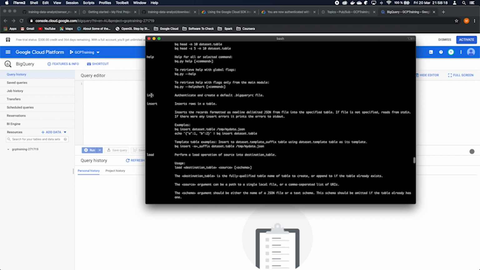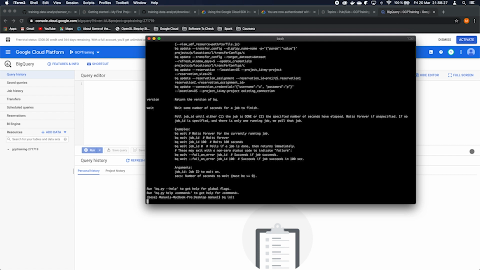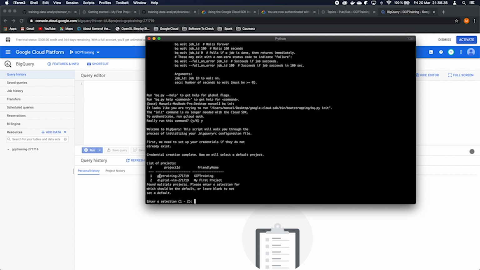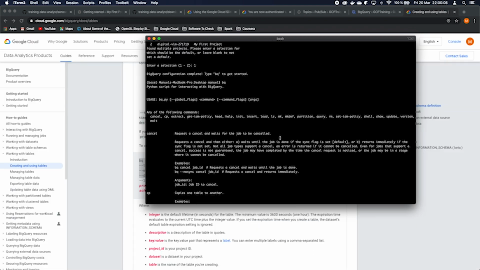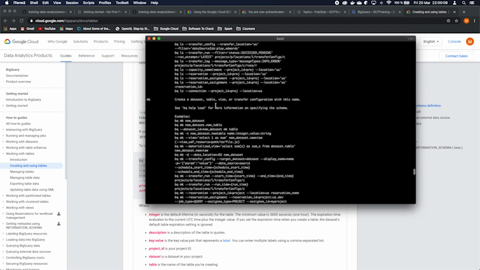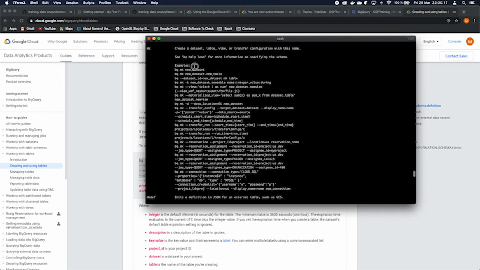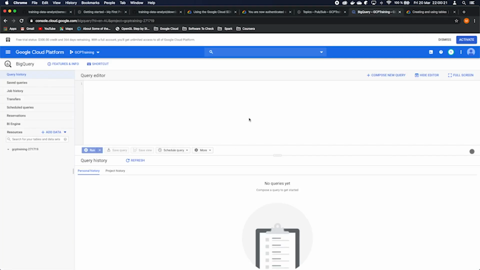And as you can see again, we can authenticate because we need to create a BigQuery config file. We do a bq init and we say yes. We should say which is the project, and we are going to decide the project, and that's it, we are ready. Here you can check the mk command if you want to create a dataset from the terminal, but again it's quite a bit harder, so let's keep the UI.